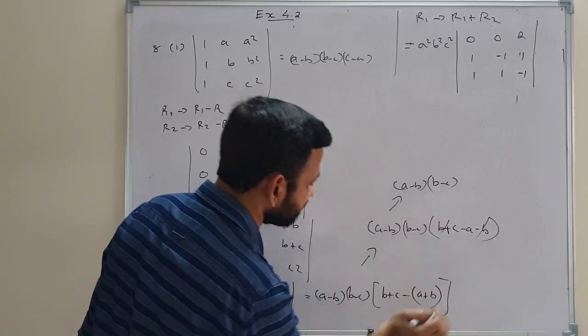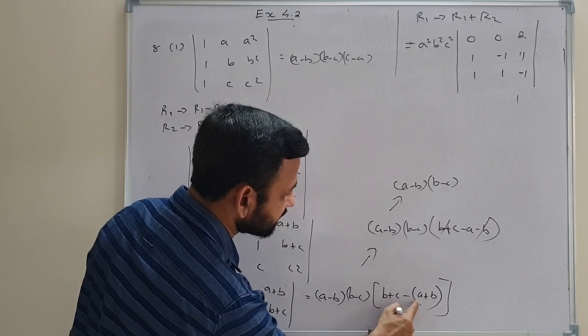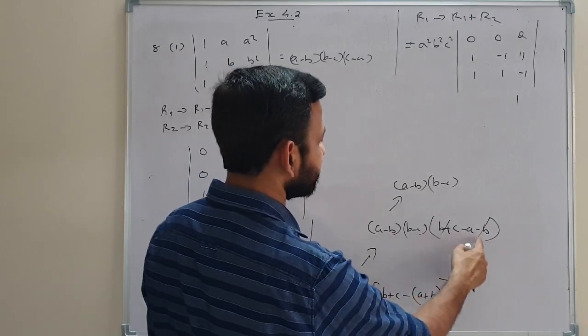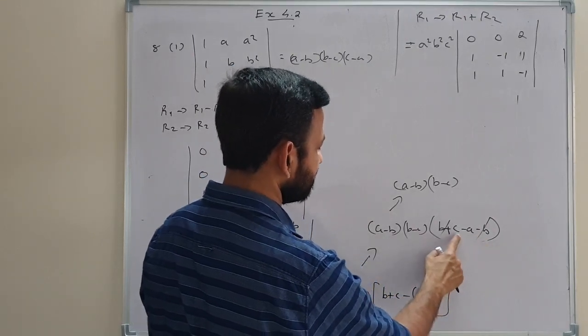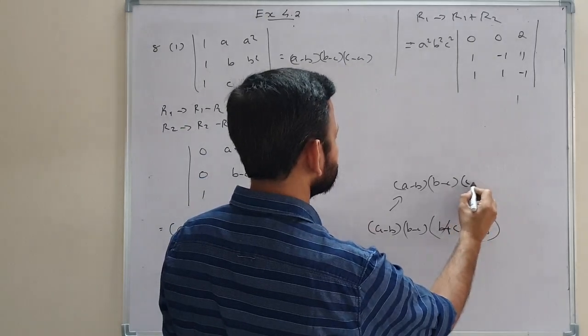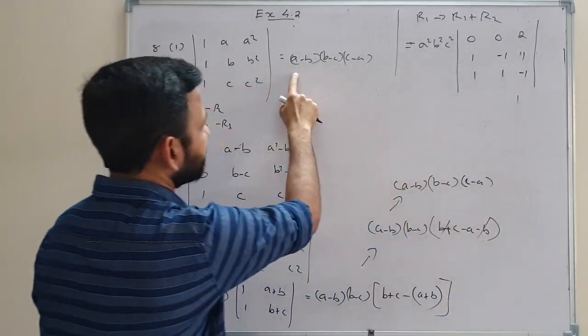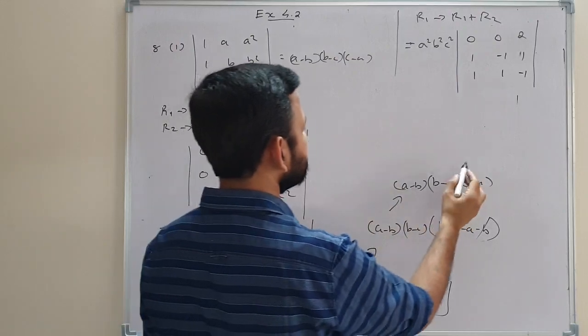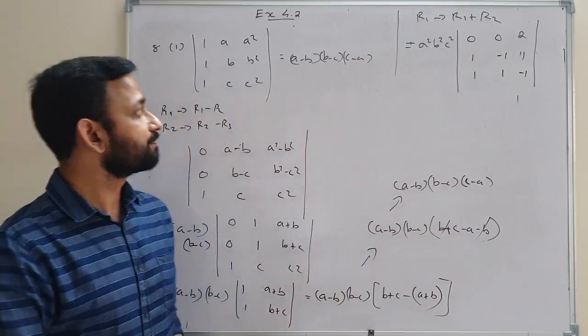So this sign is actually B plus C. So this is positive sign only. B plus C minus A minus B. B plus C minus A minus B. Plus B and minus B cancel now. So C minus A remains. C minus A. So we got RHS A minus B into B minus C into C minus A. So that is RHS. So we got